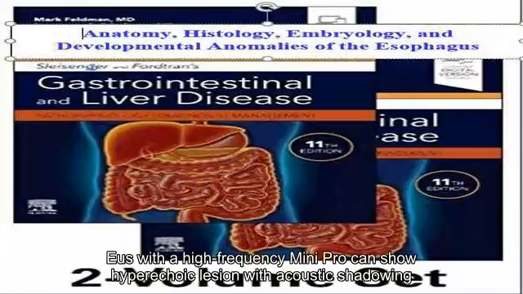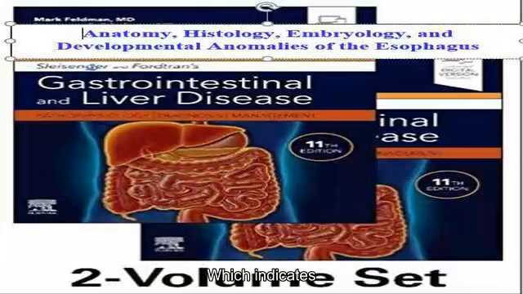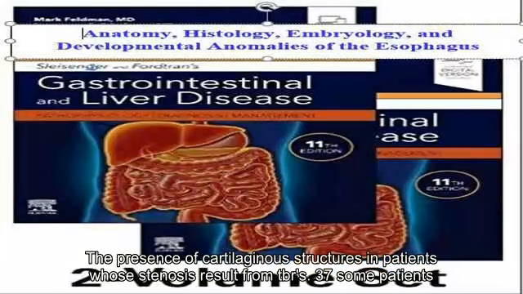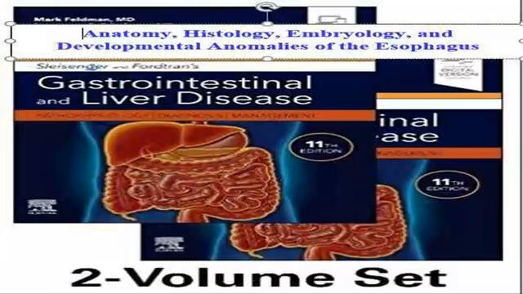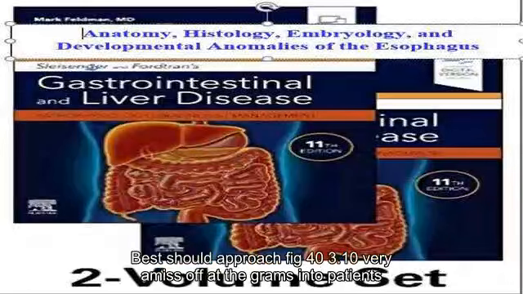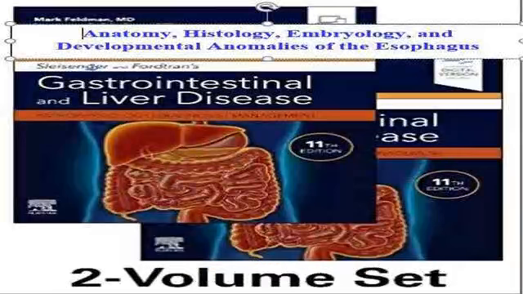EUS with a high-frequency mini-probe can show hyperechoic lesions with acoustic shadowing, which indicates the presence of cartilaginous structures in patients whose stenoses result from TBRs. Some patients improve after endoscopic guided bougienage or balloon dilation, although endoscopists should approach